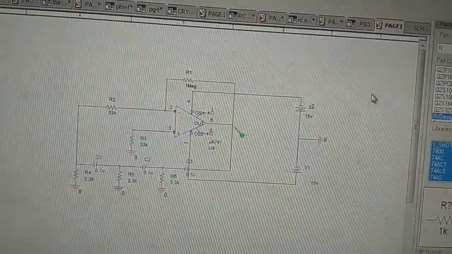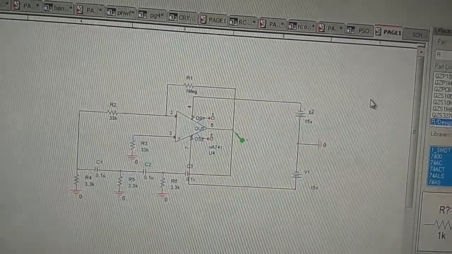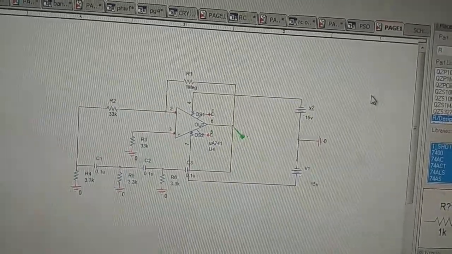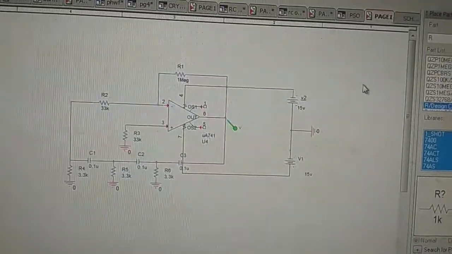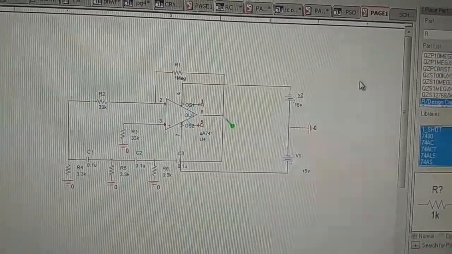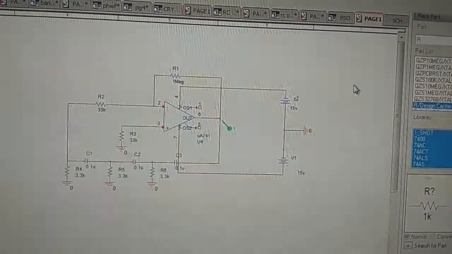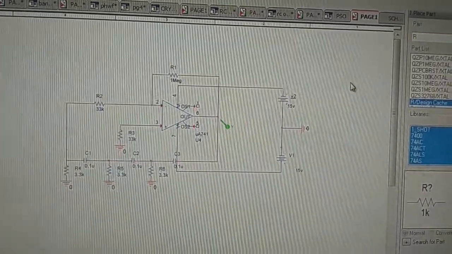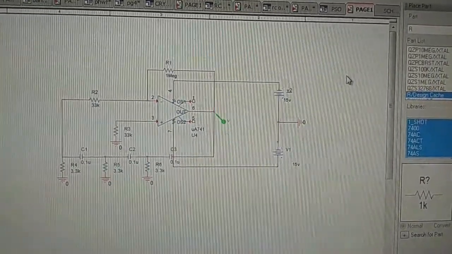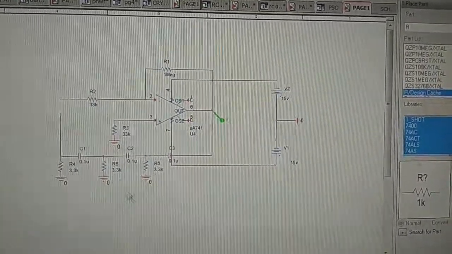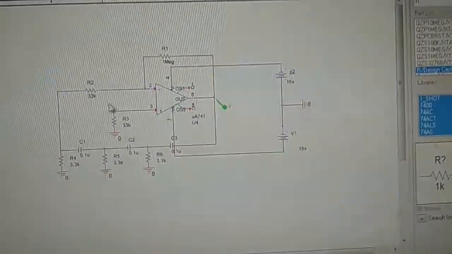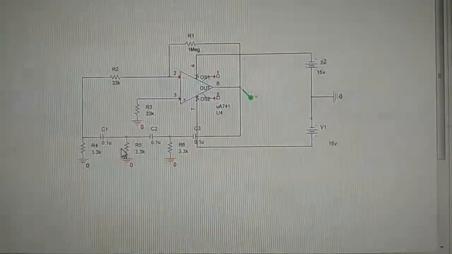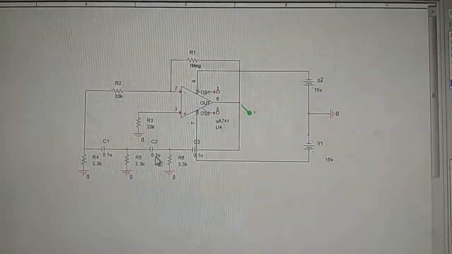Now today we'll start learning about the RC phase shift oscillator. RC phase shift means a circuit which is going to contain a combination of only a resistor and a capacitor. It should have only that combination, no other devices. By seeing the circuit itself, we can say we have around 4 to 5 resistors here, and then we have a combination of the capacitor.